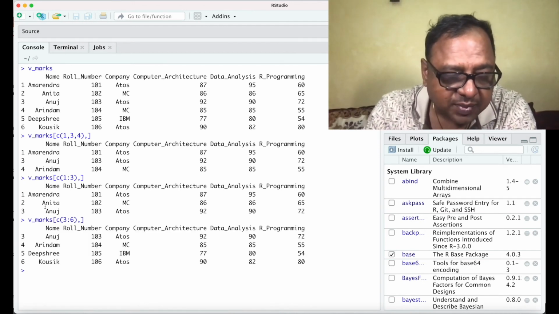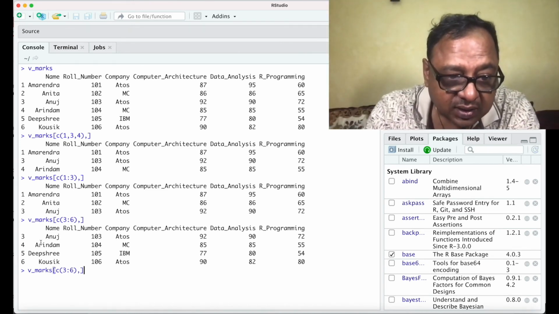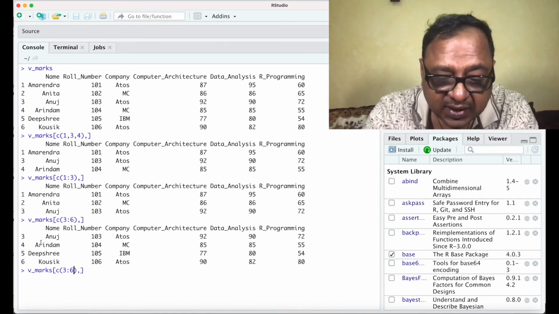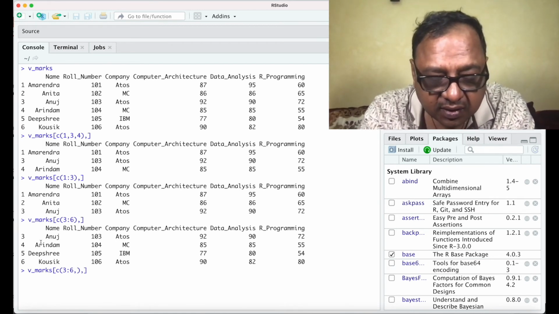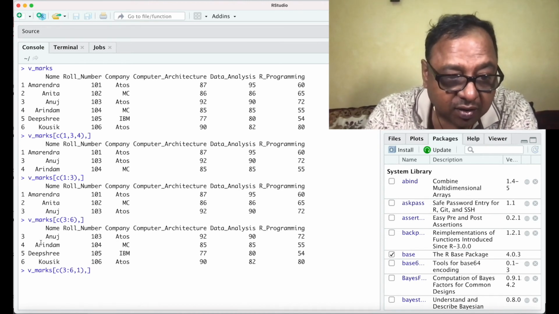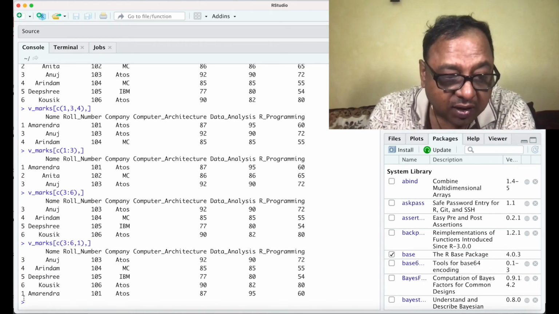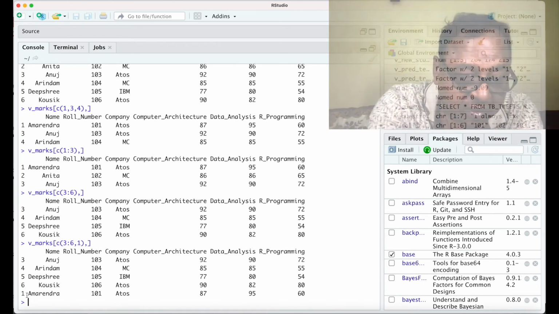So now it gives me 4 records from third record to the 6th record. So I could do this as well. I could mix this continuous reference and single reference by giving something like 3 colon 6 comma 1. So now it gives me the third, fourth, fifth, sixth record and also the first record.